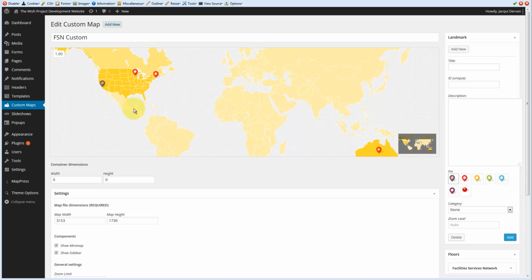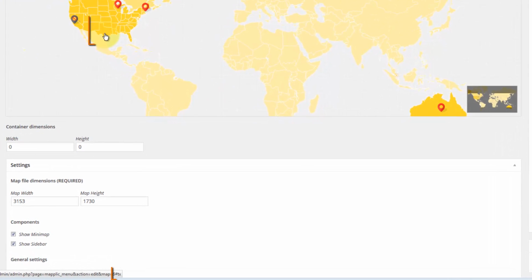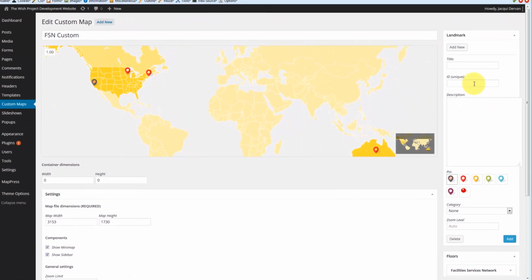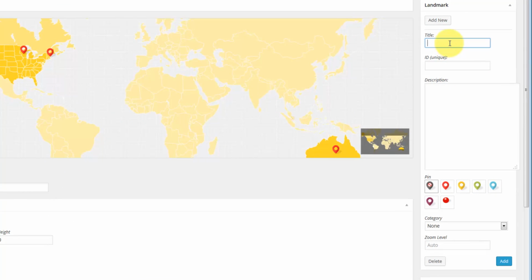So first I'm going to identify the actual ID for Texas by hovering over the area, and as you can see in the status bar you can see the TX at the end of the link, and this is the ID you would need to input here. So if we add a title and our ID and this description,